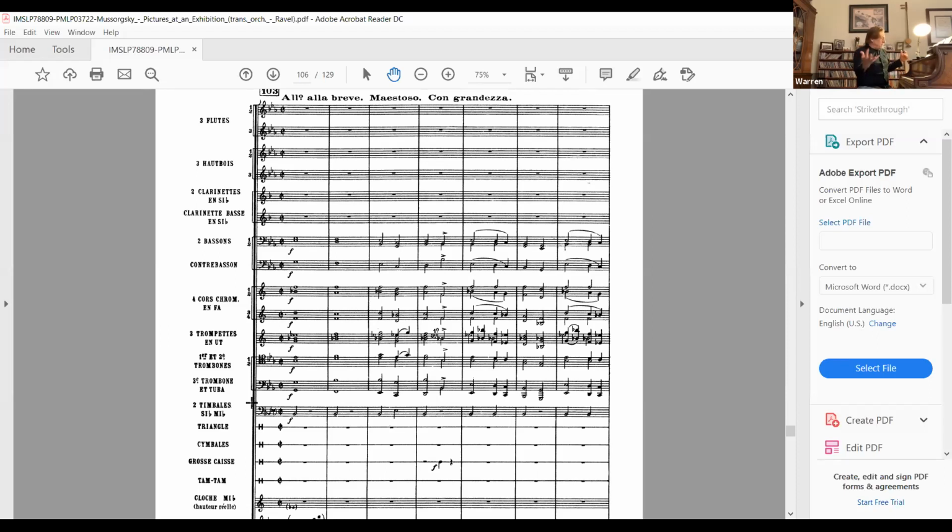And then the Great Gate of Kiev, at the end of it, it's both walking there and creating the music that is the picture, and there's a fusion of the two identities. So this is some general notes on the music.